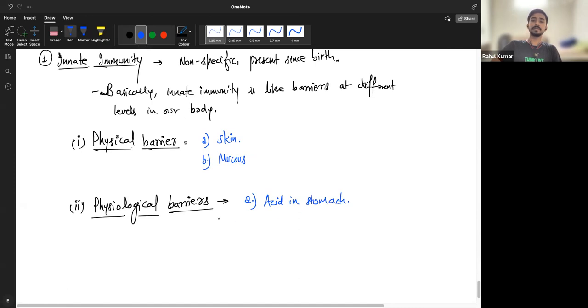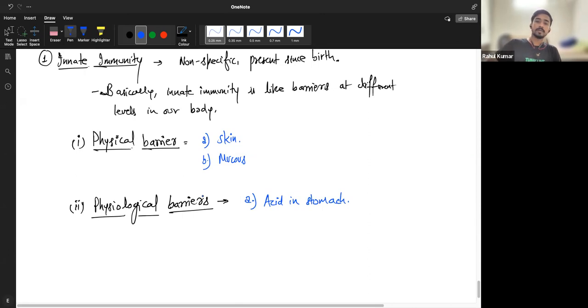And on a daily basis, let me tell you, whenever we are eating food or drinking water, we are ingesting a lot of viruses and bacteria, but they never affect us because we have acid in the stomach, so they get degraded, digested and broken down. None of them can reach a living cell, enter inside it, multiply and replicate and cause infection, because right in the acid they get destroyed.